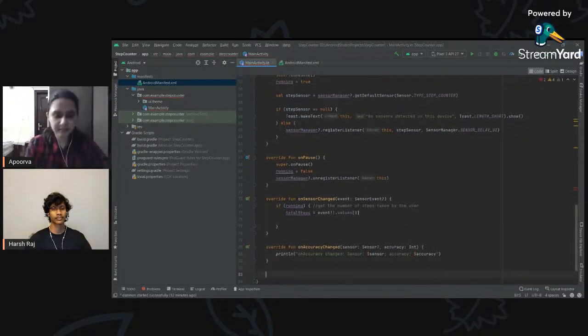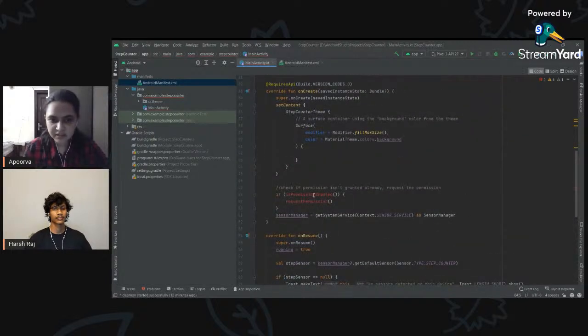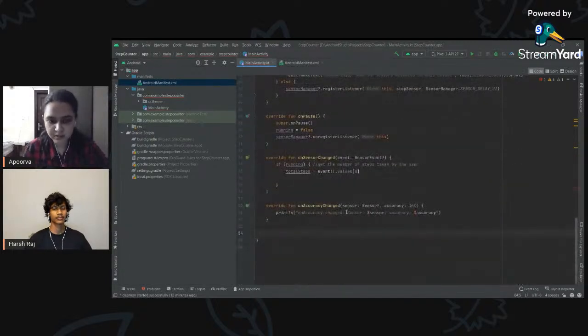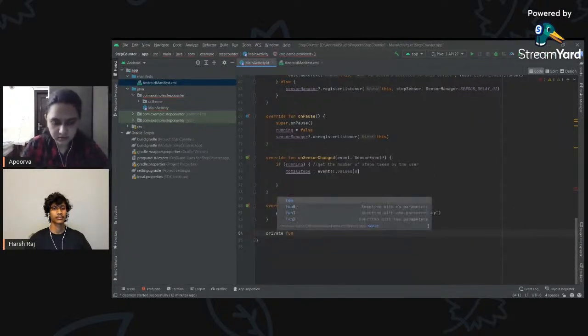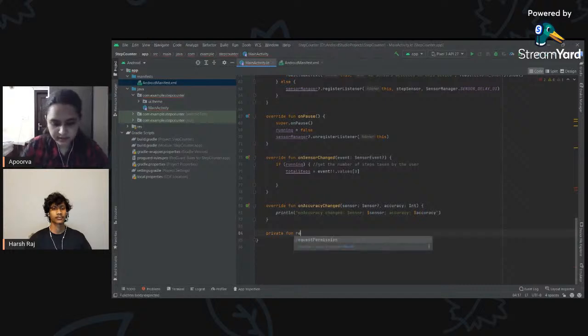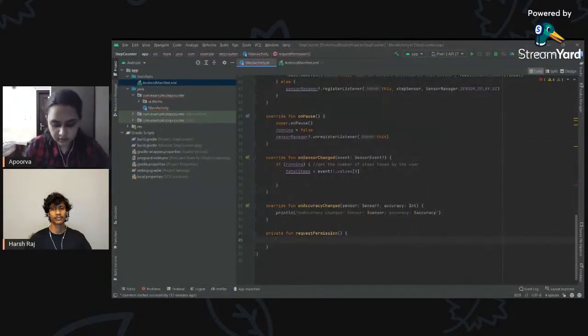Now we'll create a private function. You can see there were two errors above: requestPermission and isPermissionGranted. These errors will disappear now once we make a private function. So we'll start with private function, we'll say requestPermission first. So we'll make parentheses and then curly braces. Now we'll start. Since it is a request permission, and since we said that it requires API, it has to be greater than or equal to the API that we mentioned, that is level 29. So we'll write over here if